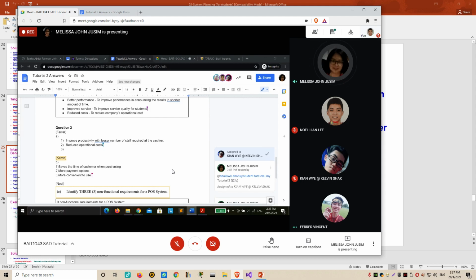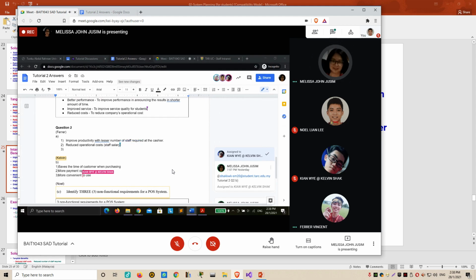No, not about that. They want a new point of sale system. So we believe that the new point of sale system with better features means the staff working at the counter can perform their work efficiently, and that's why they can reduce the number of staff. Reduce the number of staff, then they reduce the salary that they need to pay. Correct. So you can put that as an example, or say, since you also mentioned improved productivity, right, with less